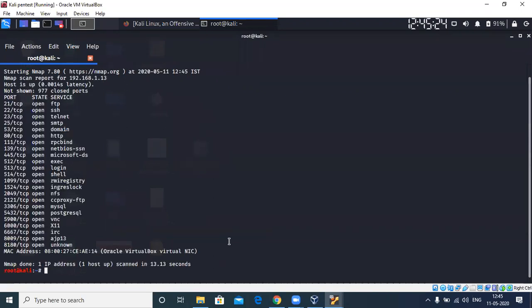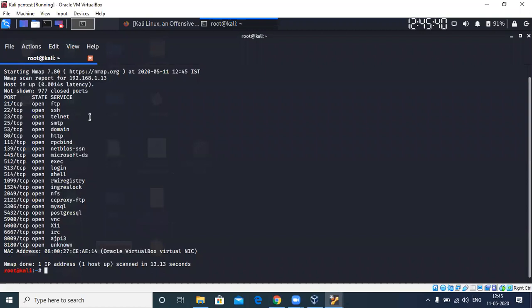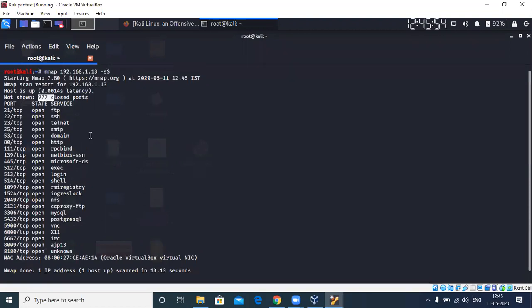There you go. You have a SYN scan. If you want to examine the different stuff, you can. So 977 closed ports. But then we actually remembered discussing scanning 65,535 ports, or 65,536 ports, is it? So why is it showing me only 977 ports? I think we actually discussed this in the last class. So who is going to answer this? Why is it actually showing only 977 ports and not the other 65,000 plus ports?